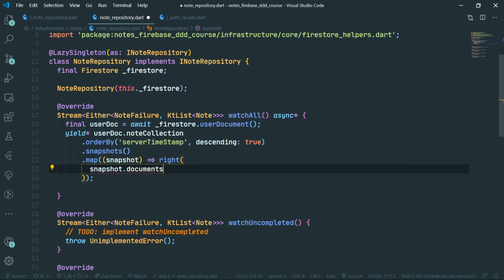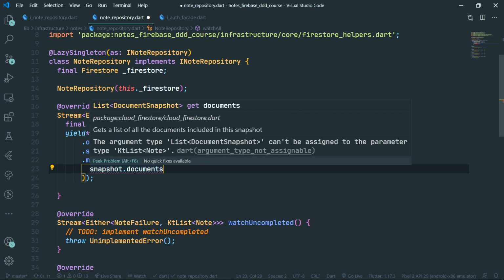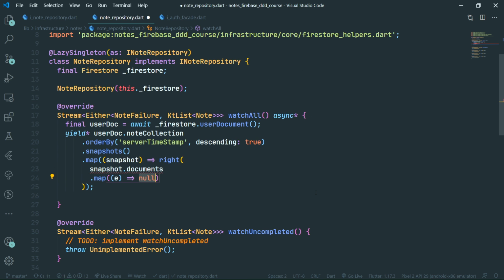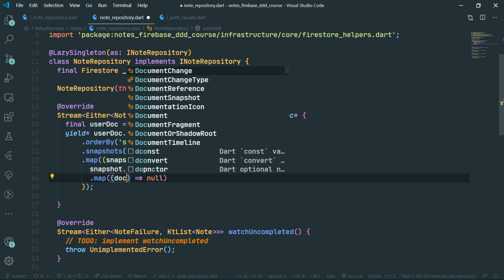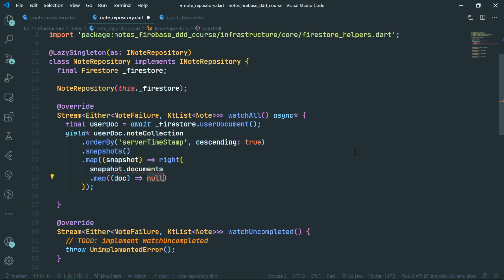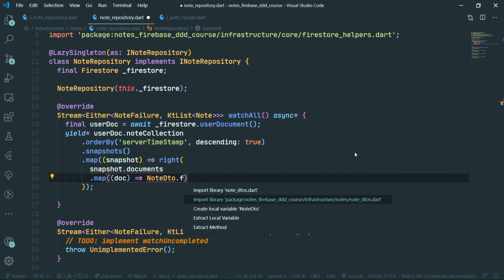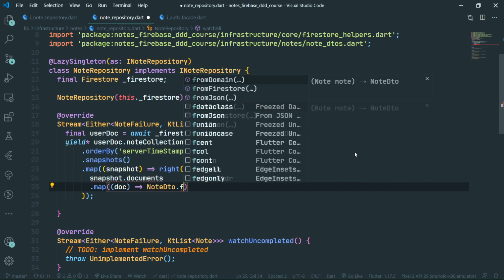And we want to map this list of document snapshots into a KT list of notes. So we are going to say map, and map each and every document snapshot called doc to a note DTO at first from Firestore. Let's import note DTO actually from Firestore